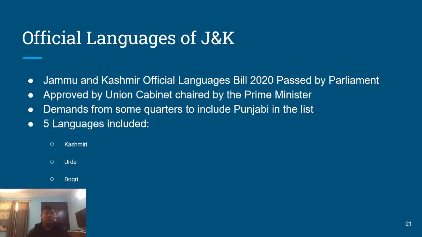Earlier it was only English and Urdu, because Urdu, of course, is a link language across the different parts of the state. But now Kashmiri, Hindi, and Dogri have also been added. In fact, Dogri, if I'm not wrong, is one of the 22 official languages in the country listed in Schedule 8 of the Constitution. So I want to talk about Quad, which is an organization that is gaining a lot